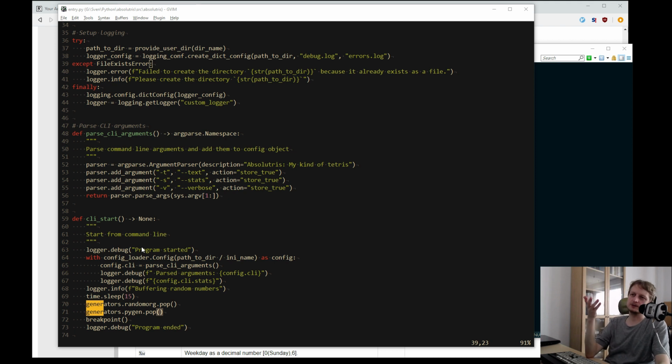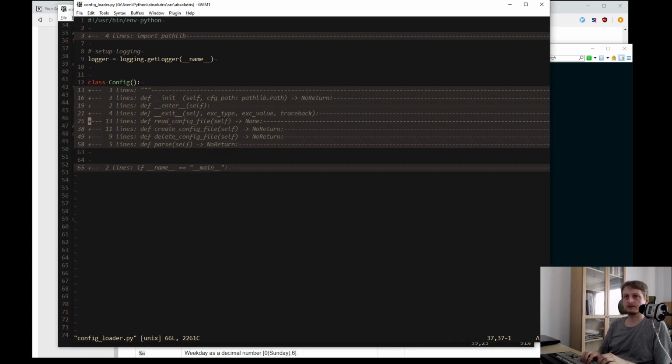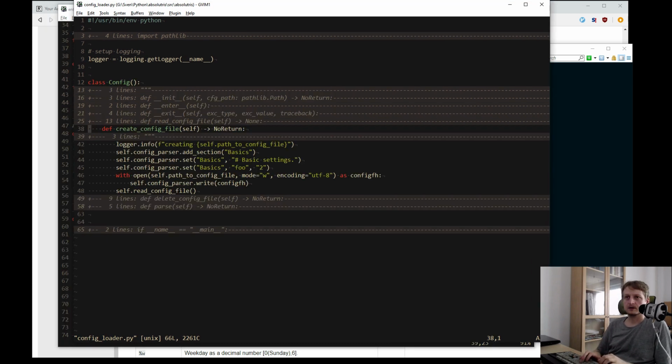Basically the playfield should be predefined in the configuration. So in the config loader, if I have my config file, I have created some placeholder settings. Okay, so we can call this section playfield.